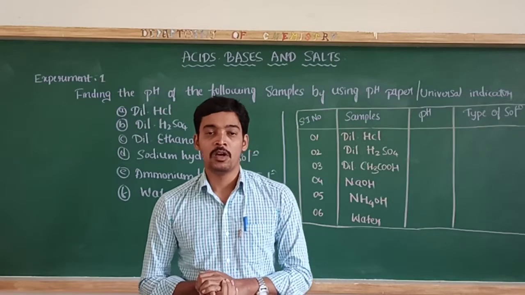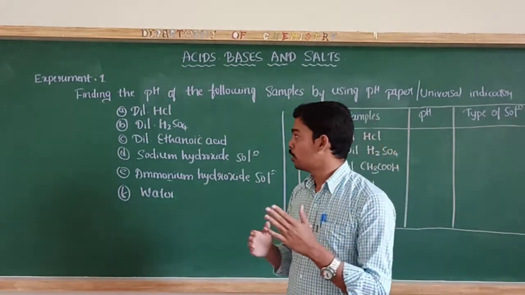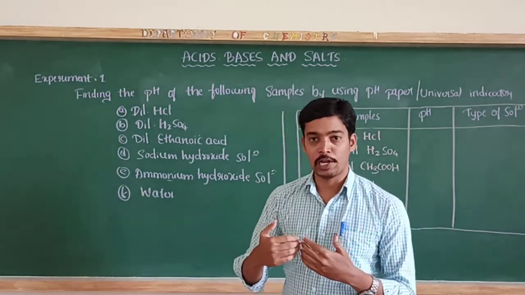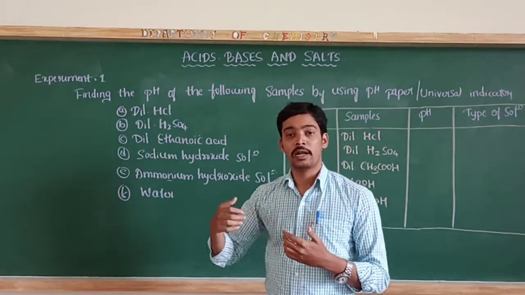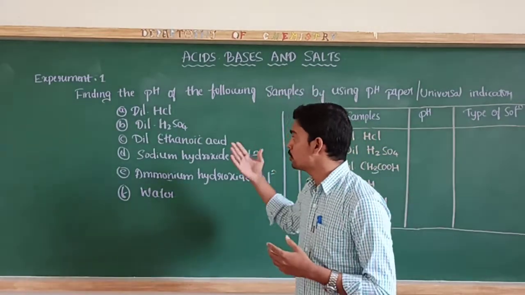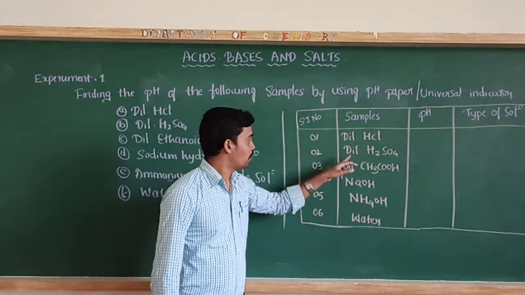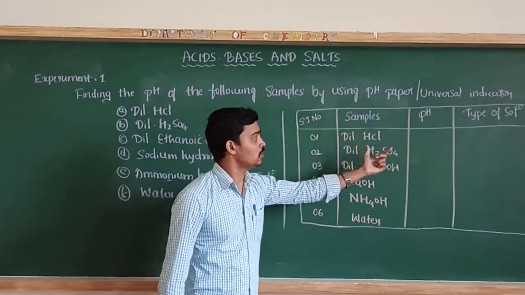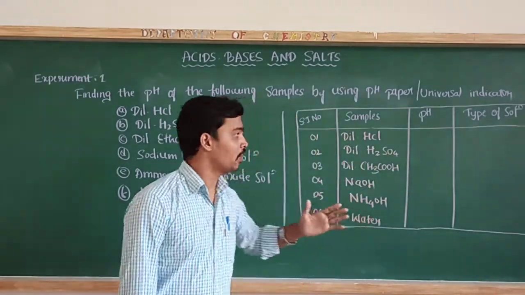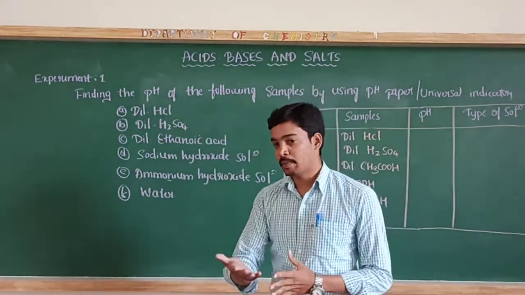Dear students, you are already familiar with the theoretical concept related to acids, bases and salts. What are acids and what is their pH value? And what are bases and what is their pH value? And regarding the salts, how do they form? All these concepts you are already familiar with. In this class we are going to find the pH of these samples. For all these 6 compounds we have to find the pH and then decide whether the given solution is acidic or basic. This is regarding the theoretical part. Next we are going to perform the practical part, the experimental part.